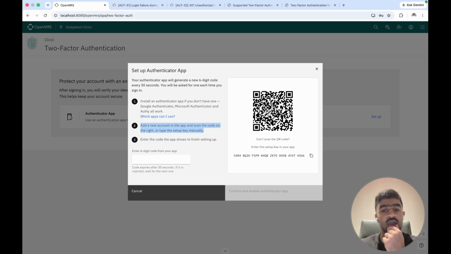And what about users who don't have a camera option, or maybe their camera is not working? Then users can simply add this secret into their authenticator app. So the user has the freedom here: they can scan the QR code, or add the secret key into the authenticator app. I'm using the Microsoft Authenticator app, and if I scan this QR code, I should get the TOTP code. Okay, now,